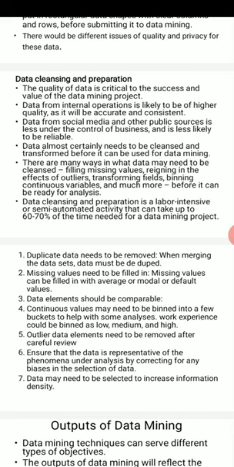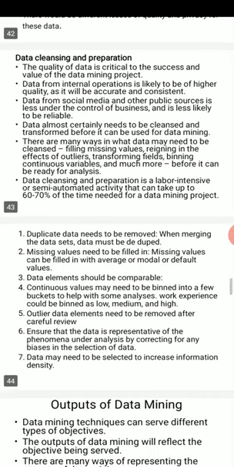You can set some default value, or you can compute the average value and fill it in wherever the data is missing. So data elements should be comparable. Data elements which are stored should be comparable, and continuous